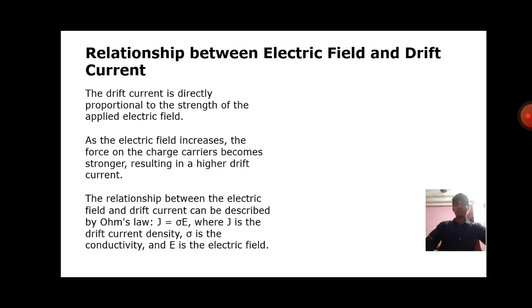Relationship between electric field and drift current. The drift current is directly proportional to the strength of the applied electric field. As the electric field increases, the force on the charge carriers becomes stronger, resulting in a higher drift current. The relationship between the electric field and drift current can be described by Ohm's law: J equals sigma E, where J is the drift current density, sigma is the conductivity, and E is the